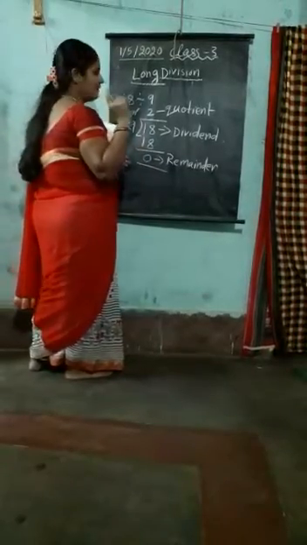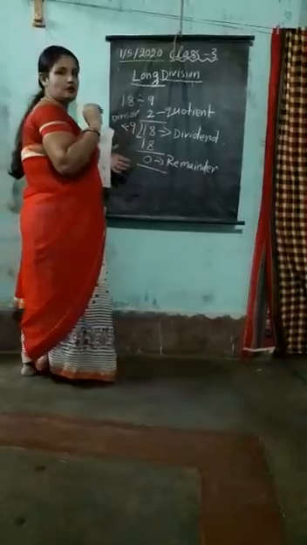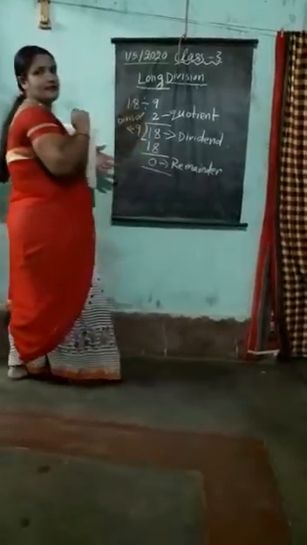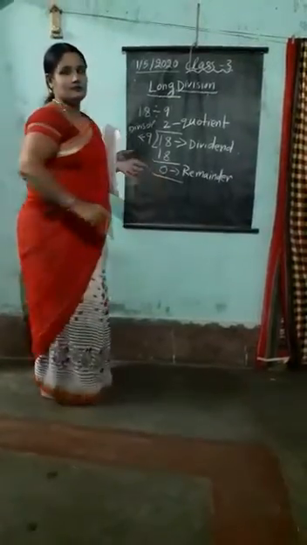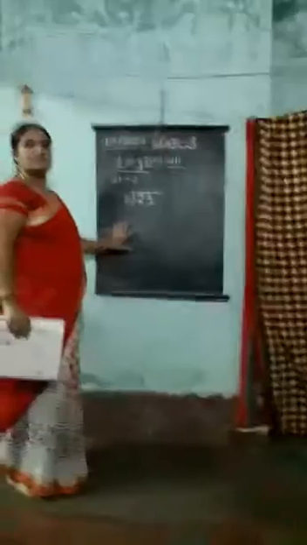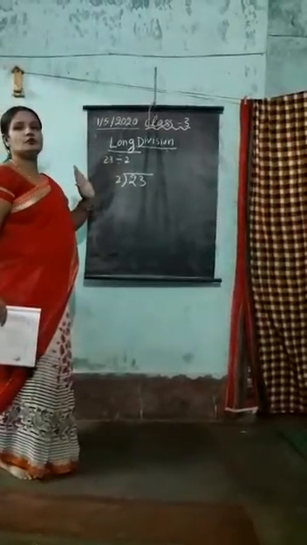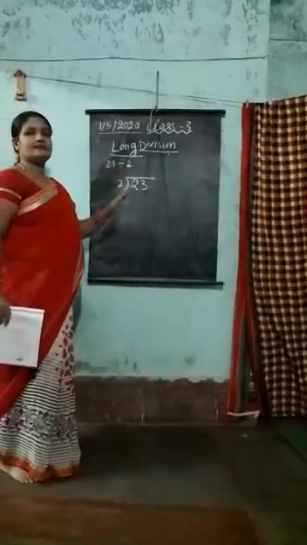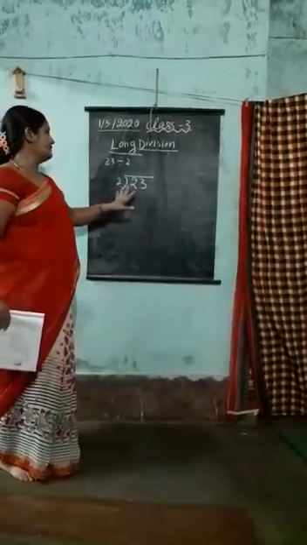One thing I want to tell you, students, is that every time you will not get 0. So how it will be, I will give another example and you will understand about the remainder. So I have to erase the board. So students, here you can see 23 divided by 2. Here I have given a 2-digit number, a single digit you can also do. But I have given a 2-digit number divided by 2.